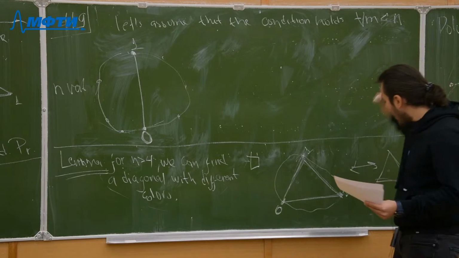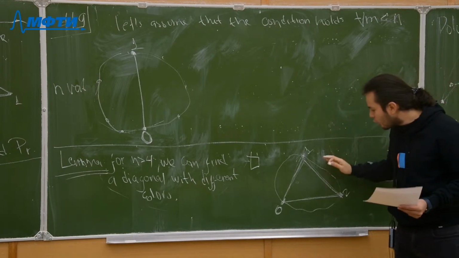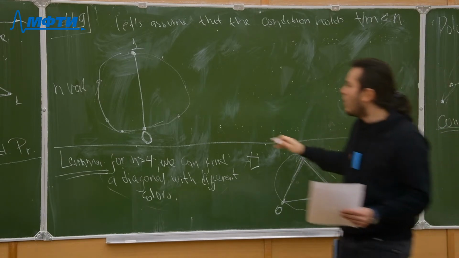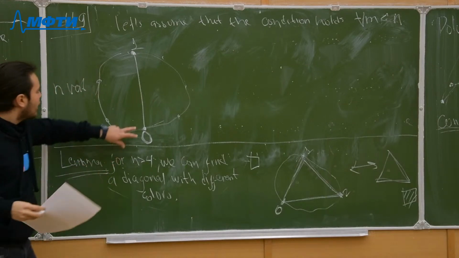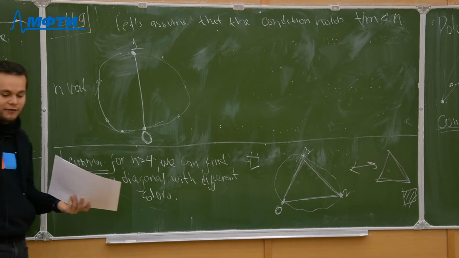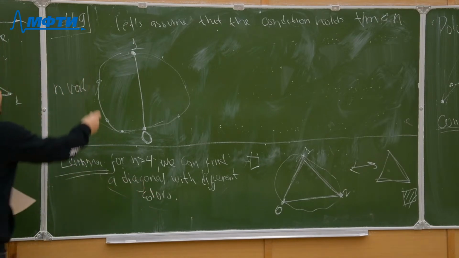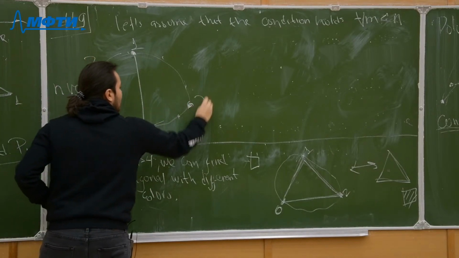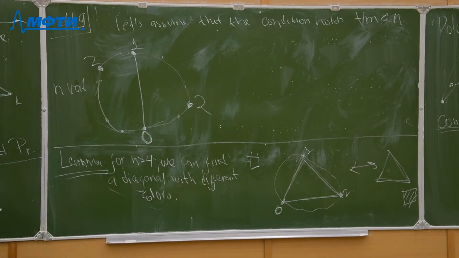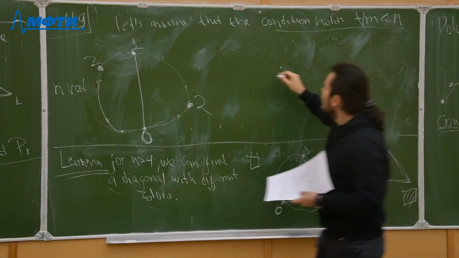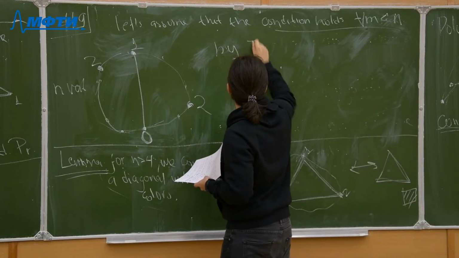So if I have this condition that I have 3 colors, then I can always find a diagonal with different colors. Good. So I can do this. I can find the diagonal 0 and 1. Now, since I know that I have 3 colors, let's suppose that here I have some vertex with color 2. Okay? Then, by the induction hypothesis,